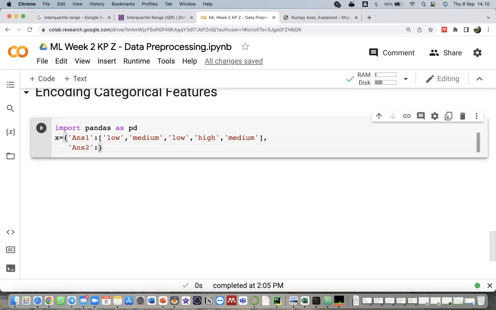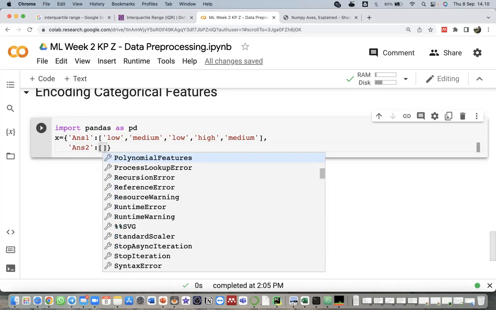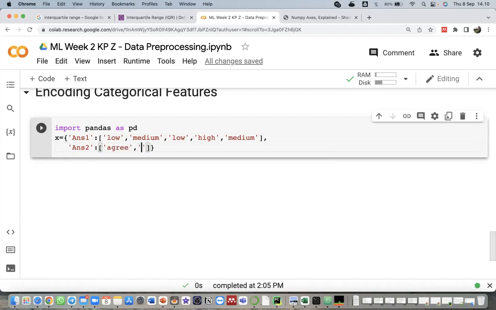For ans2, I give the values agree, then agree again, strongly disagree, then, sorry, disagree first, then strongly disagree, then neutral. Okay, this is ans1 and ans2.